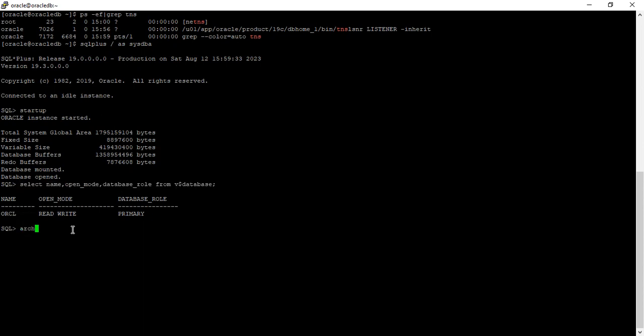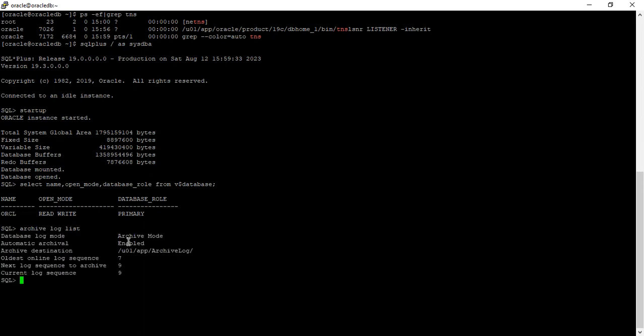And we need to check the archive log list. Here it's showing enabled. By default, if you do not enable it, like when we were creating the database, at that time I showed you how to enable the FRA and how to enable the archive log during the database creation. But by mistake, if you have created the database and you did not enable the archive log,